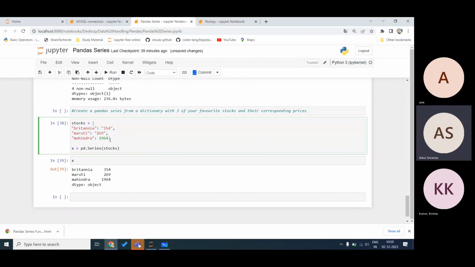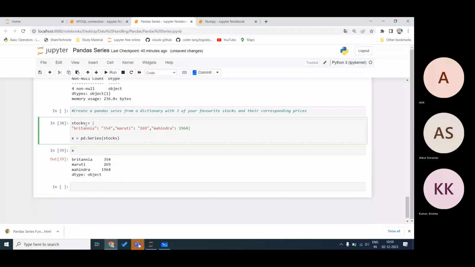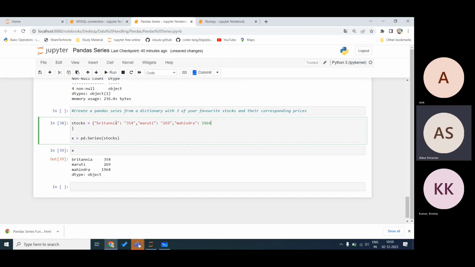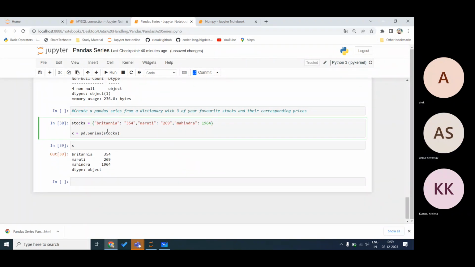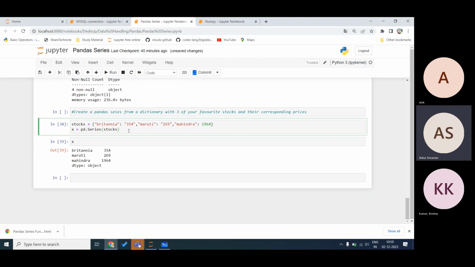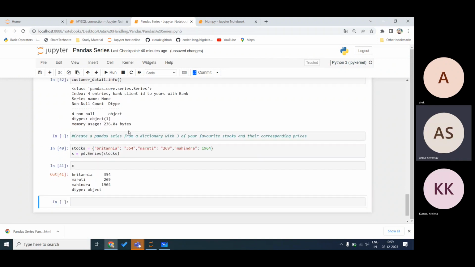I just wrote it like this with the enter button. If you just want to write it like this, you can write like this also. If you have a problem with the syntax, you can write like this also.